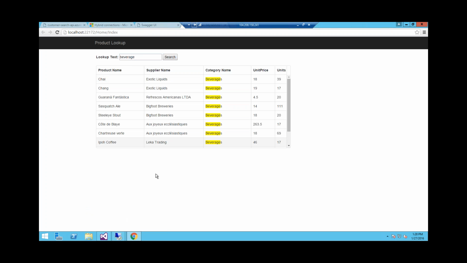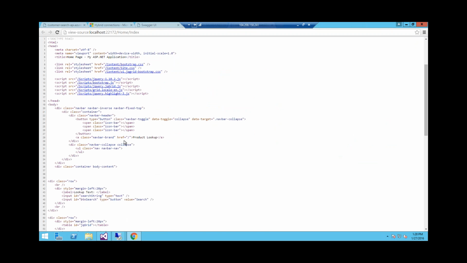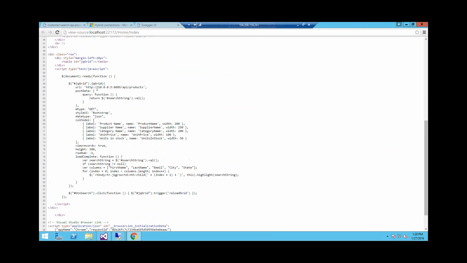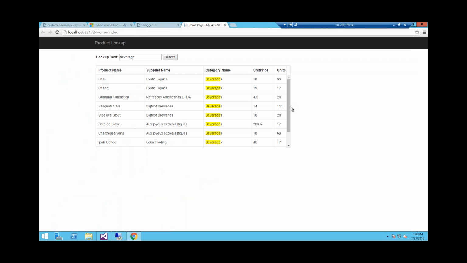So this application is leveraging an internal service, and if you see the source of this application, we can see clearly that it's trying to hit an internal service hosted on port 8089. What I will do now is publish this in cloud and show you that an application hosted externally can leverage this.